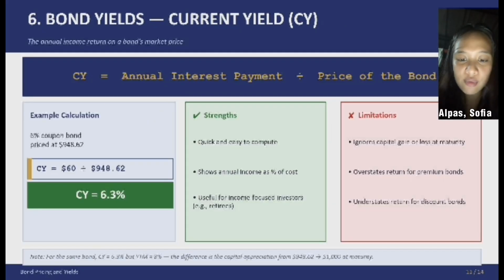Now, let's move to bond yields. Current yield, or CY. Current yield measures the annual income return of a bond based on its current market price. The formula is: current yield is equal to annual interest payment divided by price of the bond. For example, a 6% coupon bond pays $60 annual interest and it's currently priced at